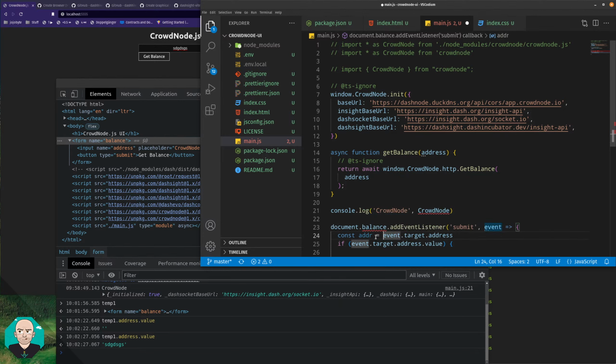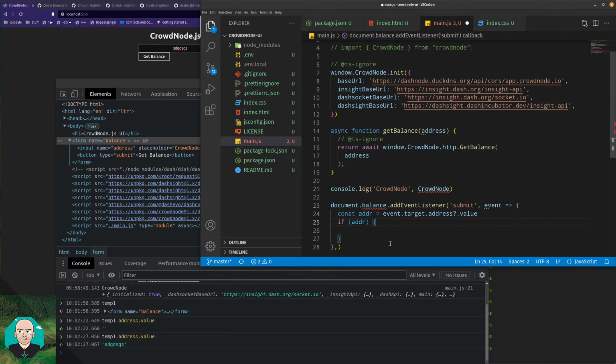Say address dot value. The reason I want it this way is if submit has a target, and it's definitely going to have a target, I think. So if it has an address and we get a value, then we're going to say if value. So if address, then